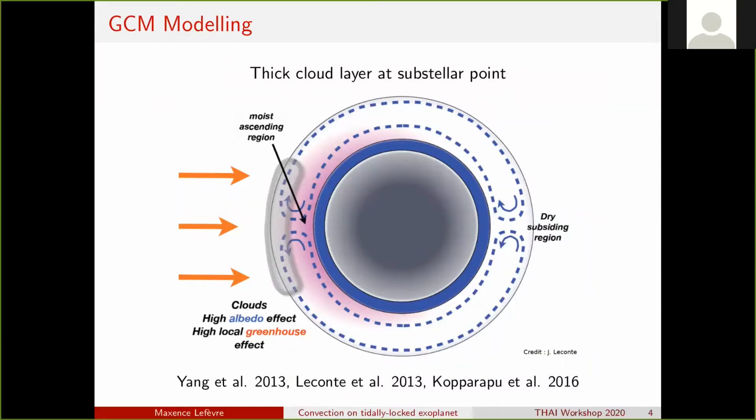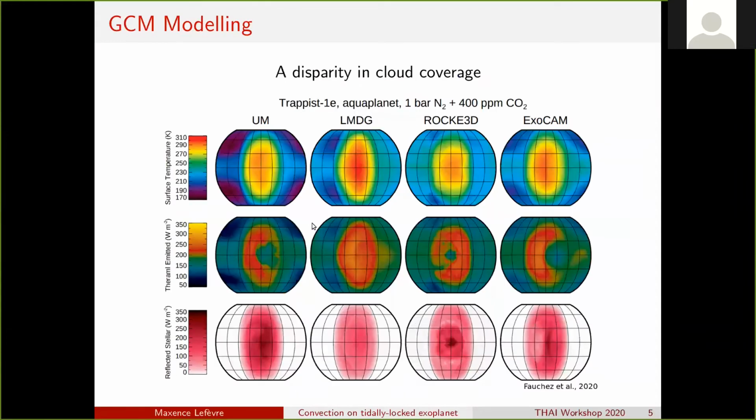To study the climate on such planets, GCMs were used, and one of the main results of those studies is the presence of a thick cloud deck at the substellar point that will affect the surface temperature.